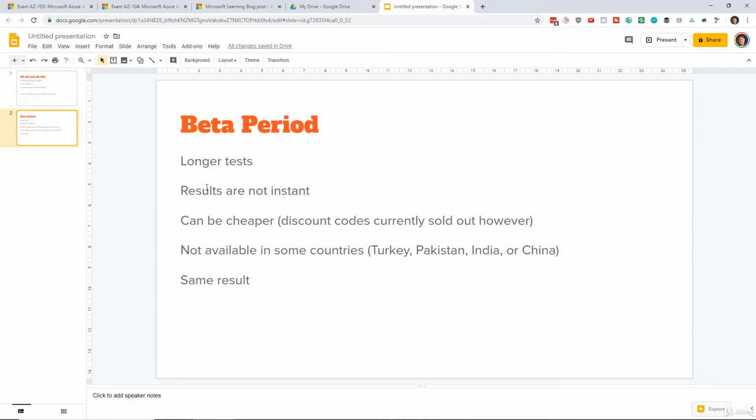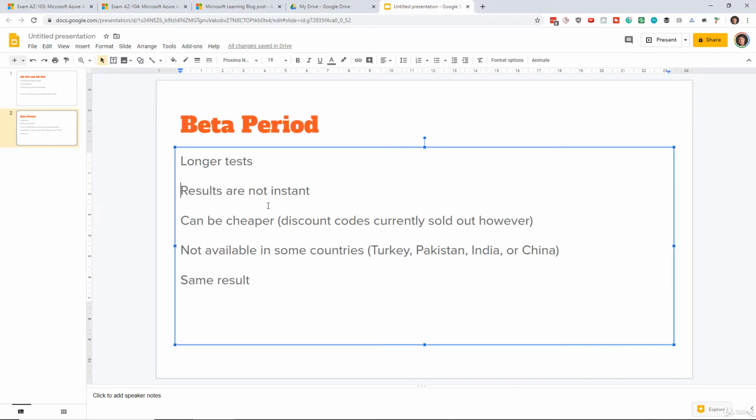And the main thing is you're not going to get the results instantly. You are going to have to wait several weeks from the point where you took the test to get the results. Let's say you take the test now in April. Well, the beta runs until May, and then it takes about 4, 5, or 6 weeks after the end of the beta for the results to be known. So we're looking at perhaps July before you can get your results, maybe even later than that.